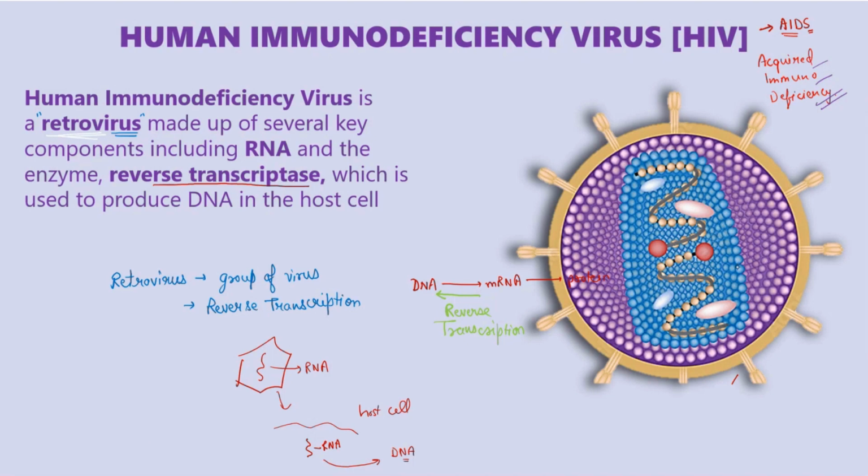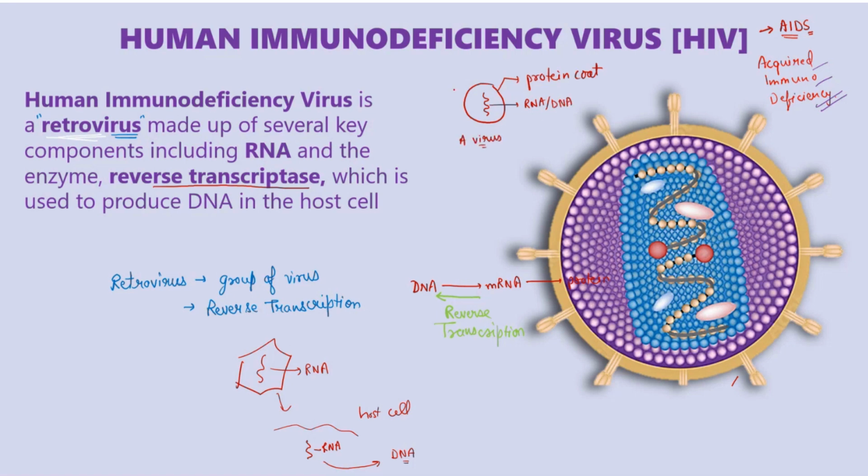You can see the structure here as well. The structure of the HIV virus is quite complex. Generally, any virus has a protein coat, and inside they have their nucleic acid, which could be RNA or DNA. On this protein coat there could be other modifications, like glycoproteins or glycolipids. This complex envelope in HIV makes it undetectable to the immune system.